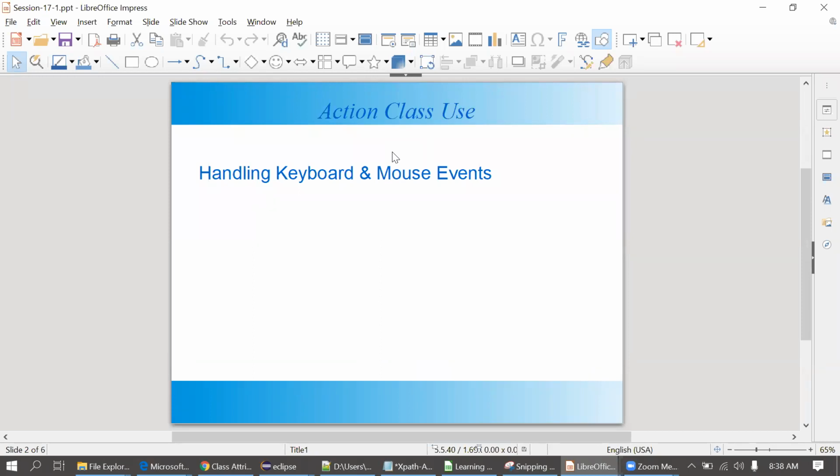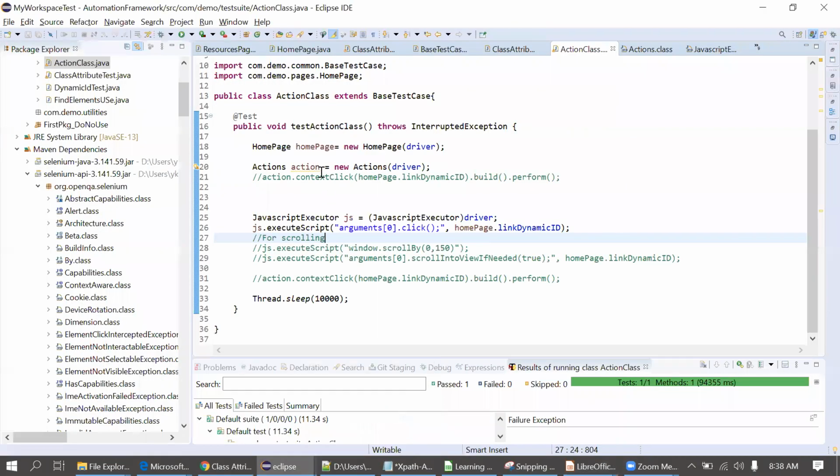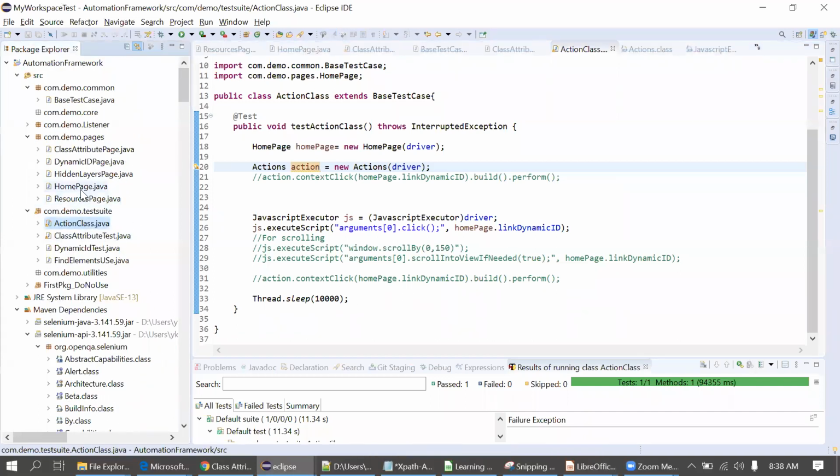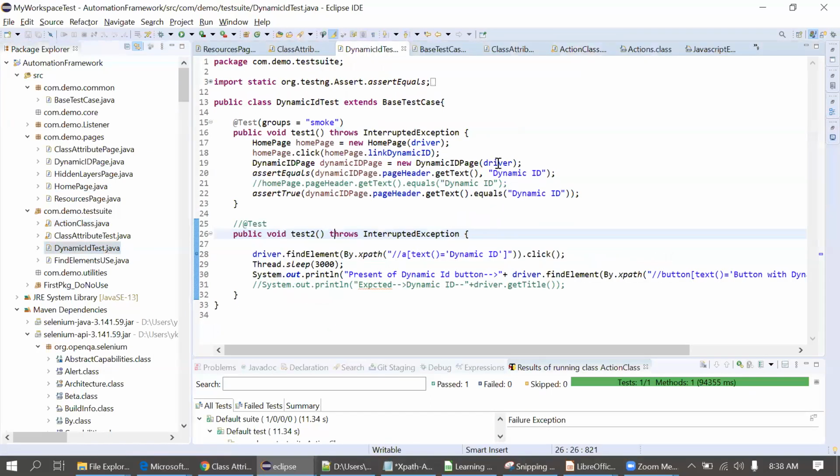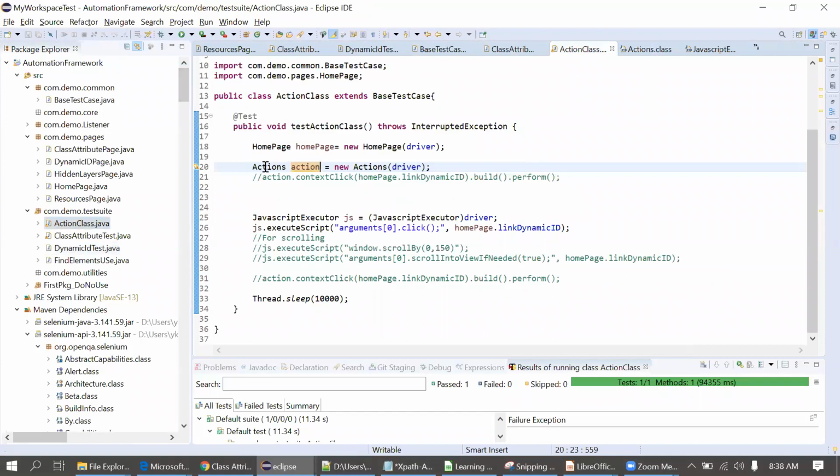But if you see in normal Selenium, when we are using the existing methods, we are not able to right click, we only left click. So I'm just going into one class. This click is a normal click, not a right click. If you want to perform a right click, then we can use a different method from the action class. It is not present under the WebDriver interface. So in that case, we have to use the action class. You can see it here.